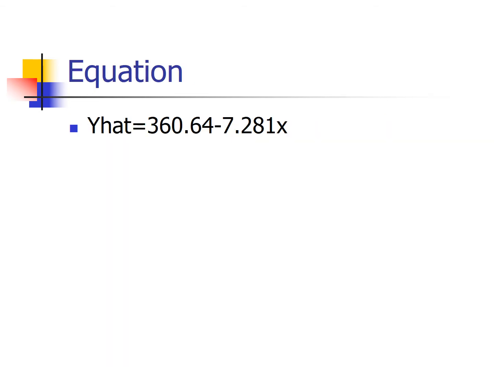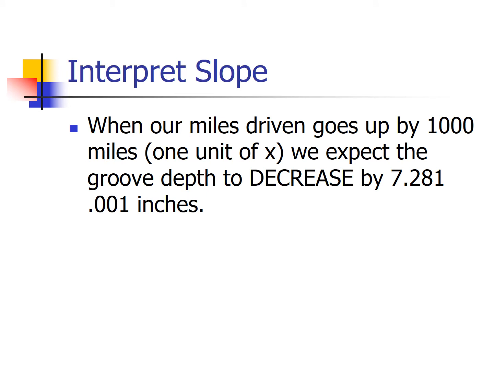So the least squares regression equation looks like y hat equals 360.64 minus 7.281x. That's easy enough. How do we interpret the slope? The slope was negative 7.281. What that says is when our miles driven goes up by 1,000 miles, remember, a 1 unit increase in x, and the units of x are thousands of miles, we expect the groove depth to decrease by 7.281,